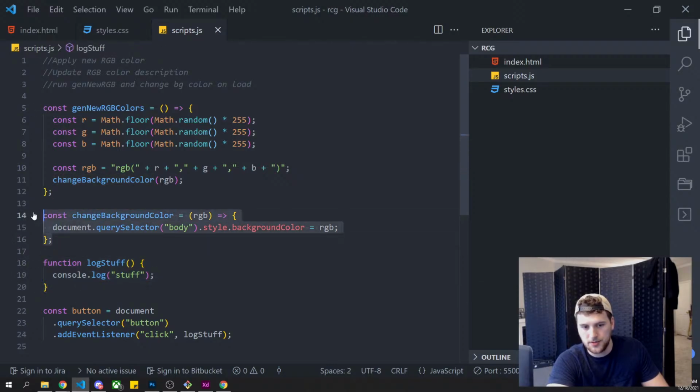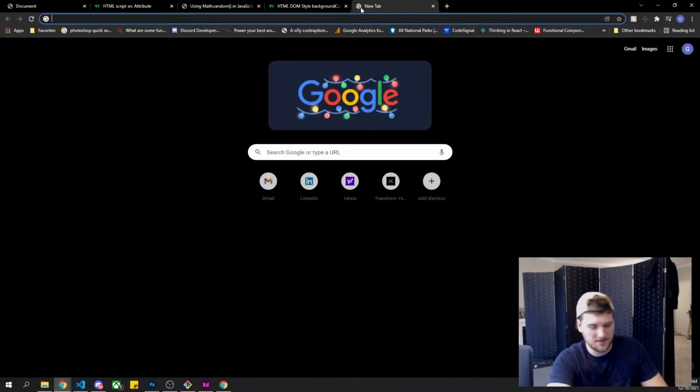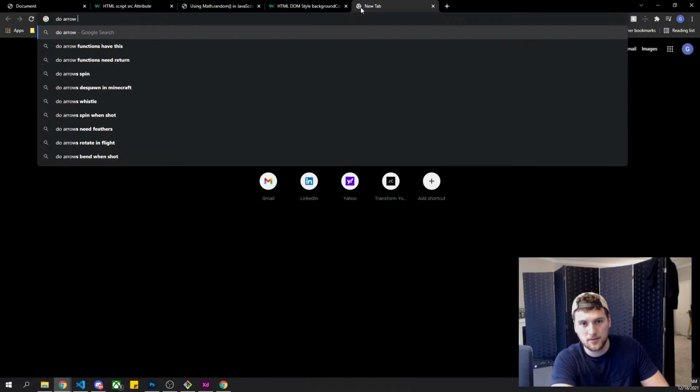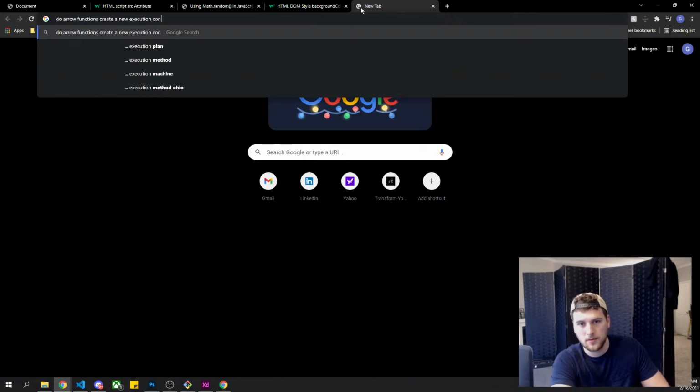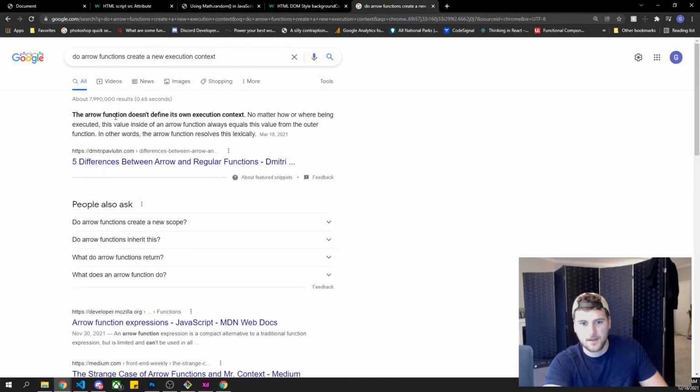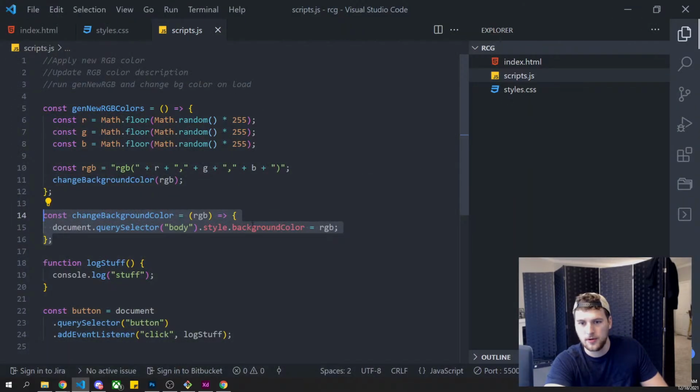Why would you do it this way over this way? Arrow functions create their own execution context or they do not. Wait, do they? The arrow function doesn't define its own execution context? Right, so